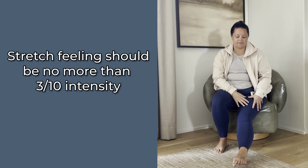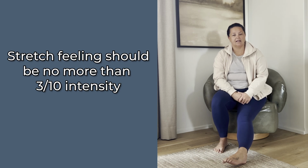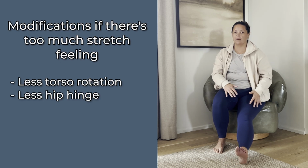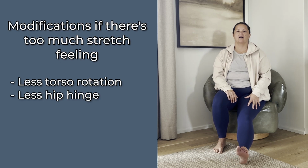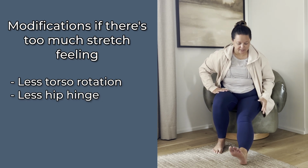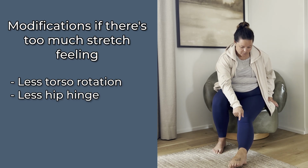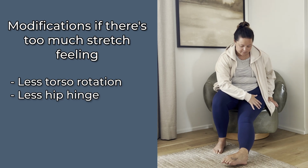So if doing this with your foot and ankle already gives you quite an intense stretch, you can come out of the rotation or back off a little bit of the hip flexion. So: hip flexion, internal rotation of the leg, rotation of the body, straight knee, point the toe, invert the ankle. Once you feel that little bit of tension or stretch, then you're going to floss at the knee,